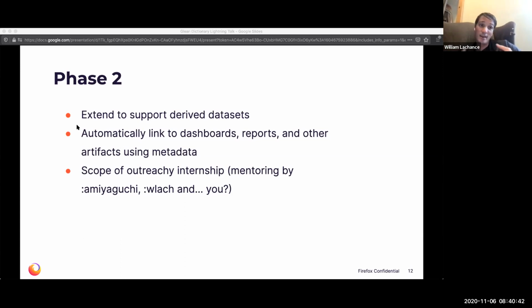And then, taking it even further, we can possibly even link out to artifacts that are created using those derived data sets, like dashboards or reports, or anything that's published by us that has scrapable metadata. We can put that into this tool and link to it effectively. So that's where we'll be going in the Outreachy internship.